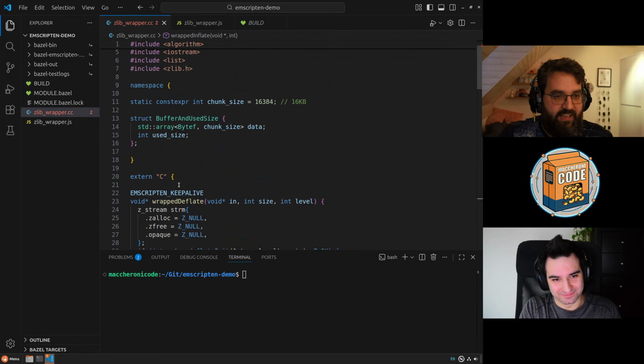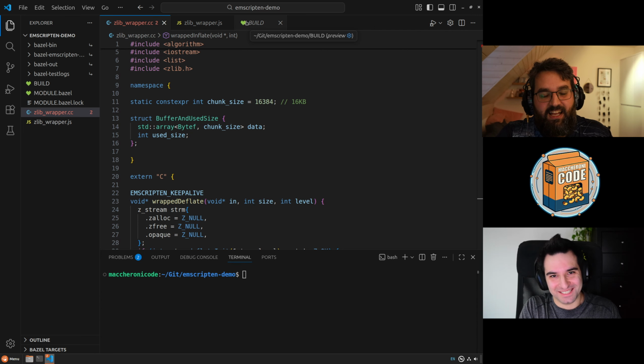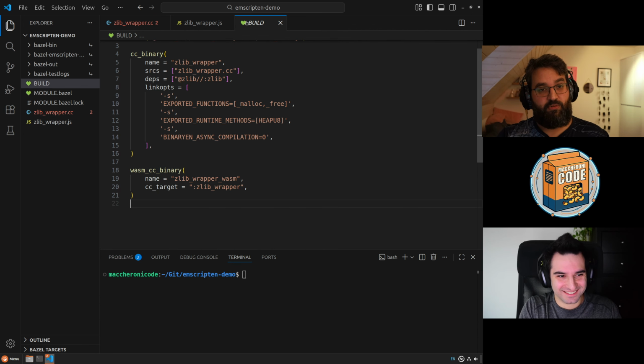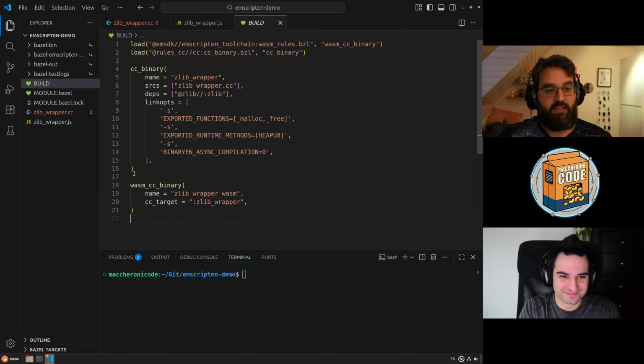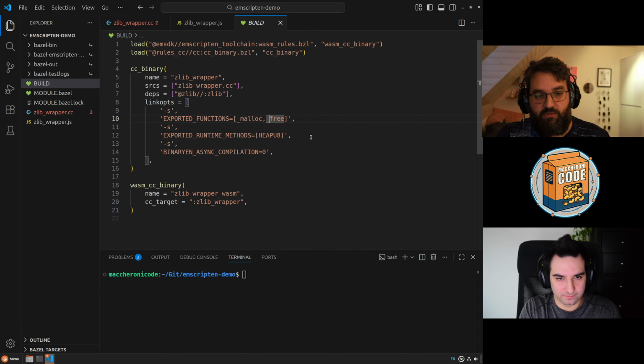Once you have set up all things in the correct way, the next important thing to do is to go in here. We have updated our build rules, but specifically we need to tell the compiler that we need to keep malloc and free available, because we need to be able to allocate these buffers.